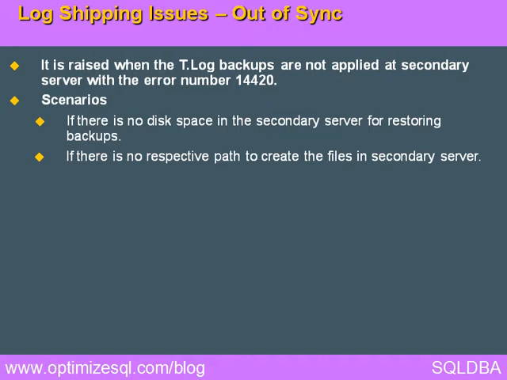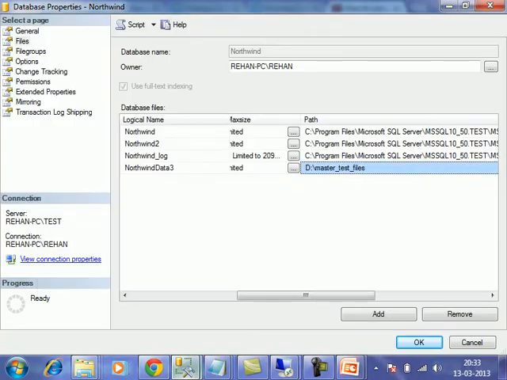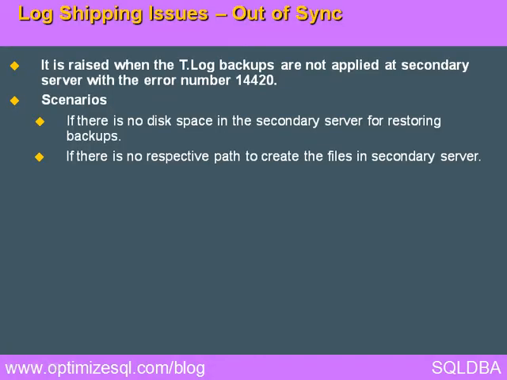Check here, I will add this file now. The extra file is added in the primary server. Same thing: the backup job will take a backup of the file, the copy job will copy the file, and the restore job will try to create that file. Whenever it tries to create the file, if the path is there, it will create successfully, otherwise it will fail.